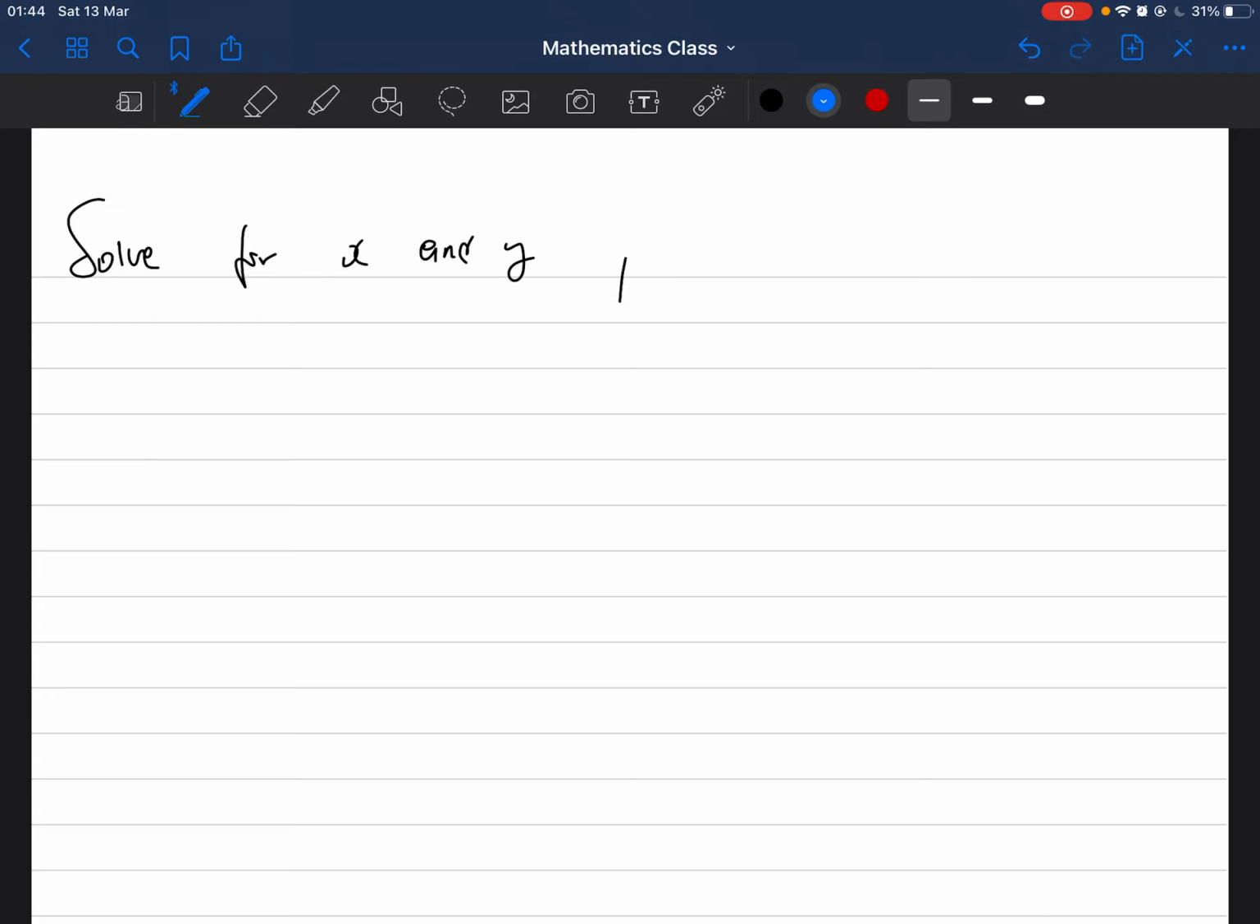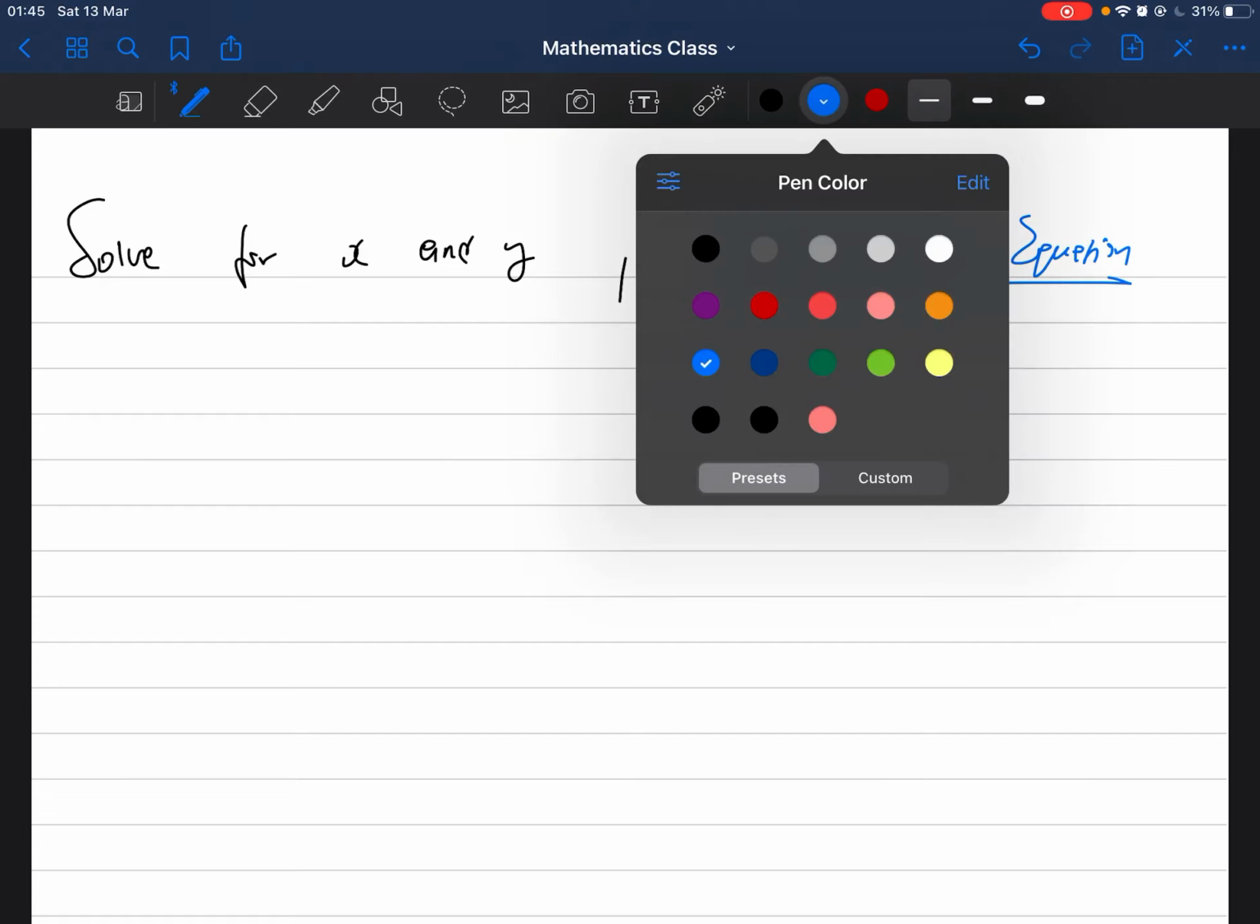So that's basically a simultaneous equation. Okay, so that's what we're doing. We'll be given two separate equations and trying to solve them simultaneously. Okay, so for example, let's say you're given